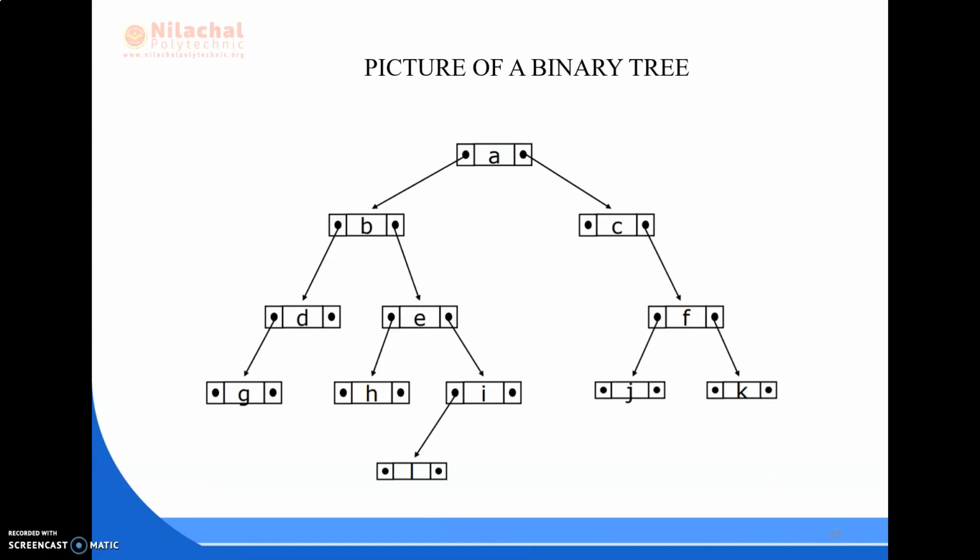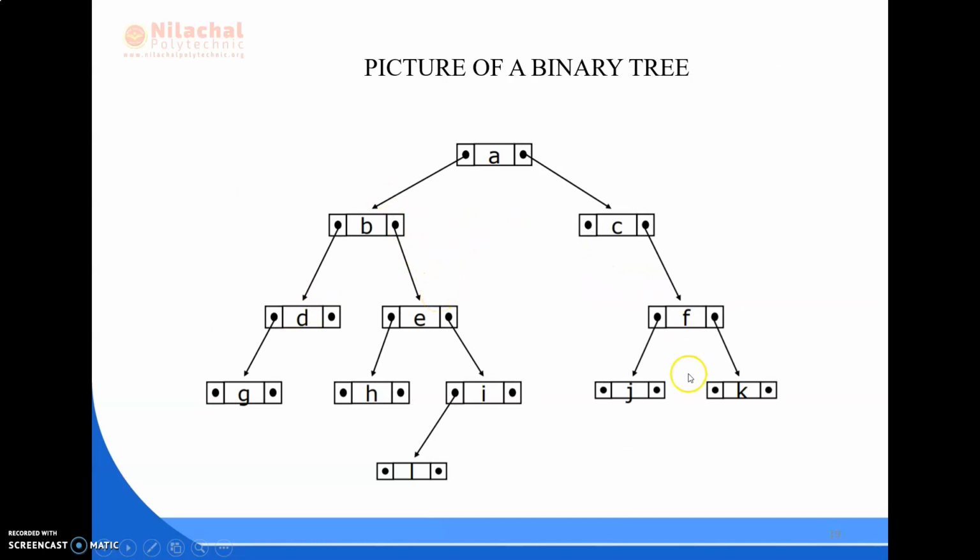Here is a picture of a binary tree in which we have a root node, that is A, and the node has a reference pointer to the left child and a reference pointer to the right child. This pointer is nothing but the memory address of the left child and the memory address of the right child. Here we come to the memory address of the left child, with the data element B, and this node also has the memory reference for its left child and corresponding right child.